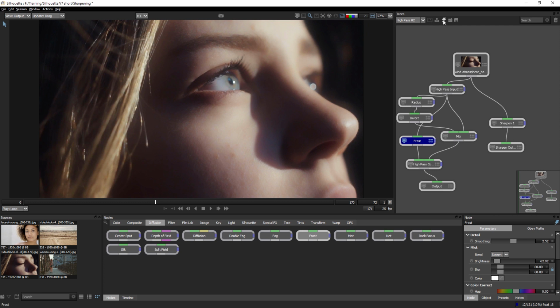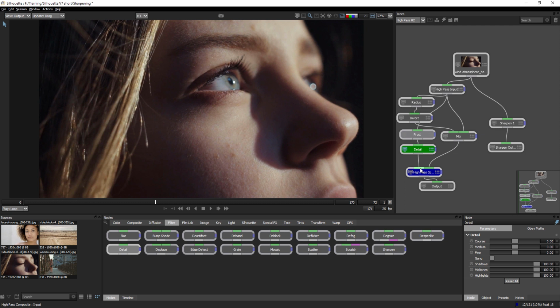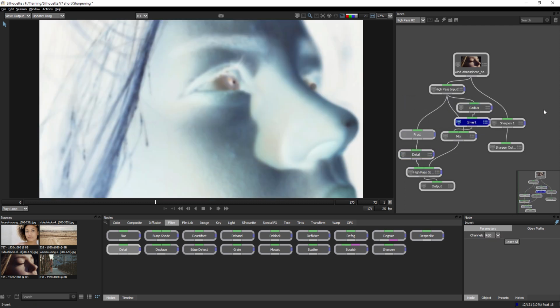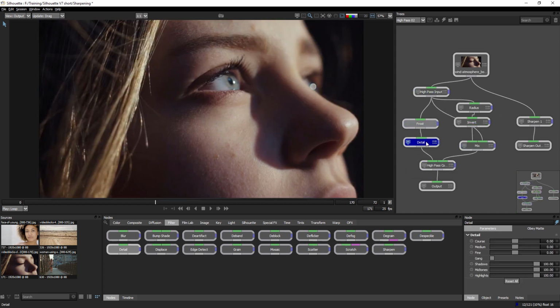And if you don't want to use frost, another interesting one to use, if we come over to filter, would also be detail. And I'm going to put that again just before the high pass composite. Let's just move these over so it's a little bit clearer to see where the separation is on that one. There we go. So we come into detail. And oftentimes you'd use the detail to bring detail up in the image, whether that's coarse detail or that fine detail there,